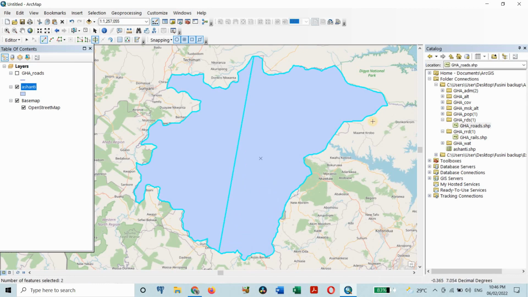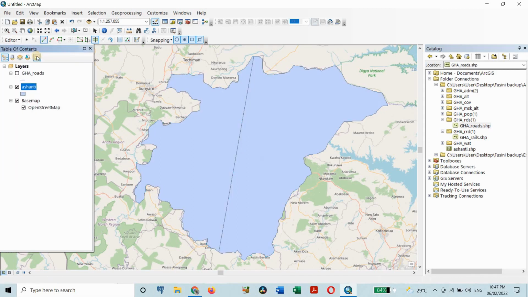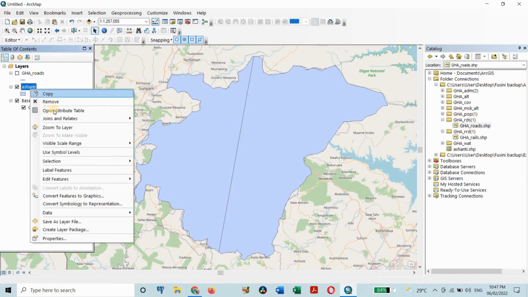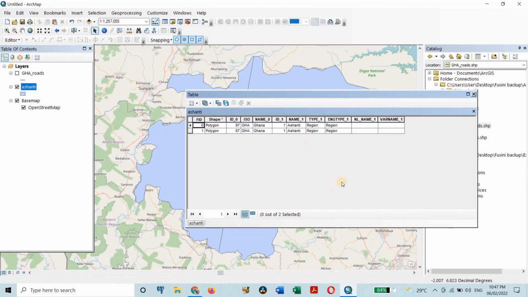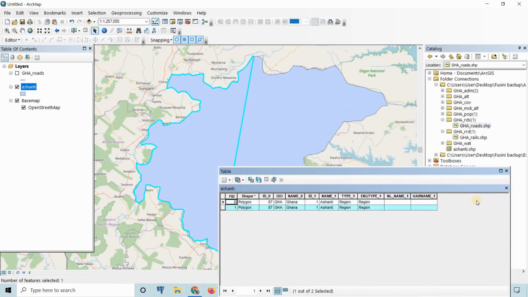so with this, I have divided this polygon into two parts, and you can save your edit from here, save edit, and then stop editing. So when you go to the Ashanti attribute table, you see the polygon has been split into two. That is, I've selected one, and this is the other one. So the polygon has been